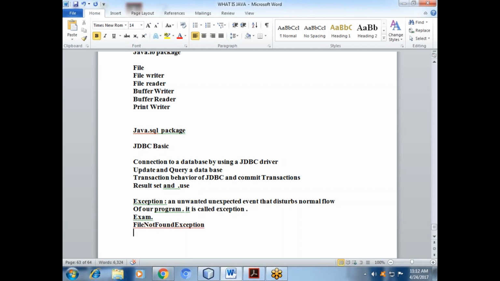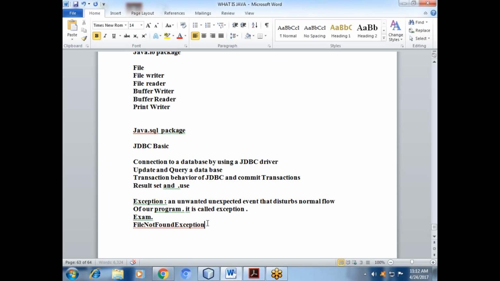Do you remember, when we try to read a file or write a file, or do some action on the file, if it is not available, the exception comes. Whenever we start to compile with javac human.java, at that time we get a FileNotFoundException, because human.java is not in that particular drive. That time we are getting a FileNotFoundException.